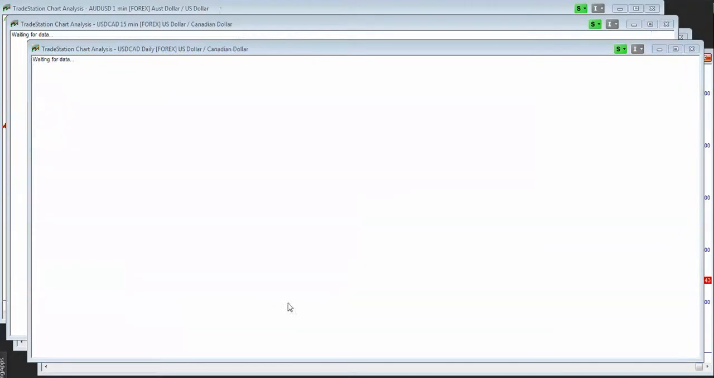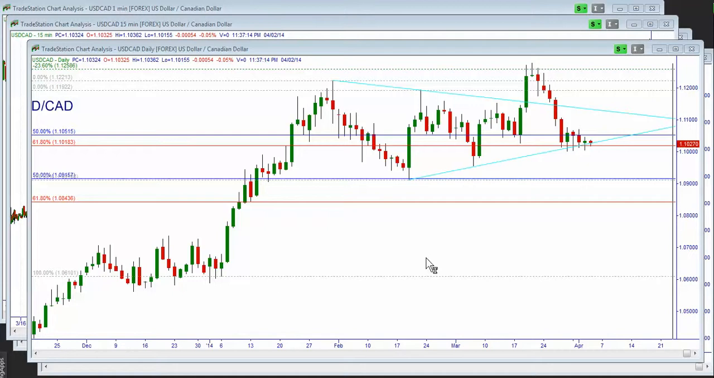US dollar versus Canadian dollar. The daily chart, it's a mess. It's a total mess, and this is because we are having this consolidation phase, and the US dollar should continue higher. We don't know whether this is going to affect and how it's going to affect this price as well. As you can see here, this level of area of support in this